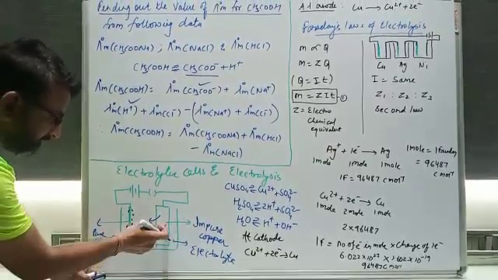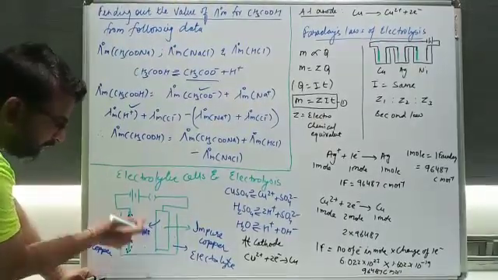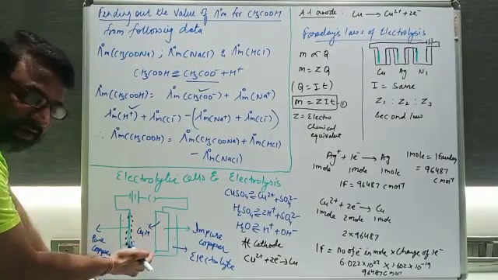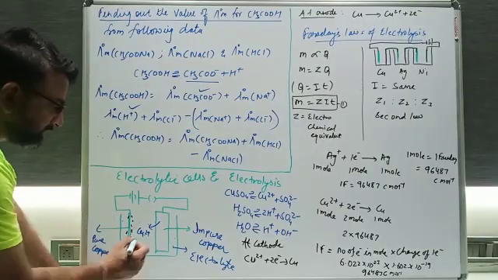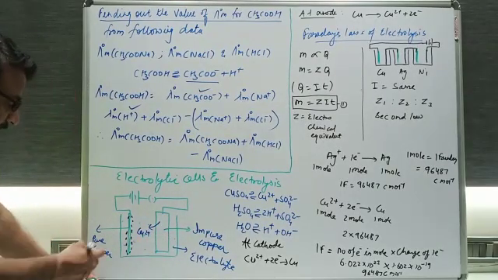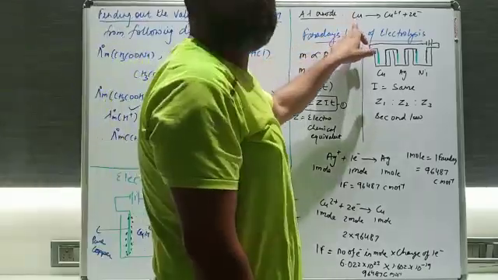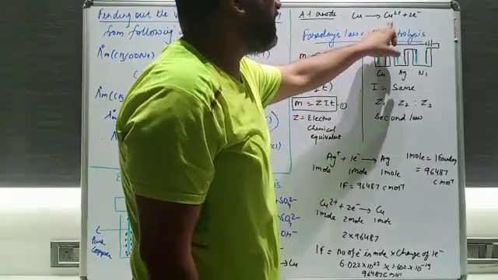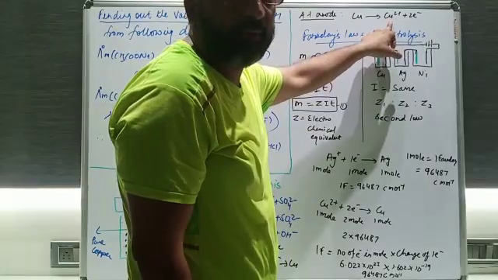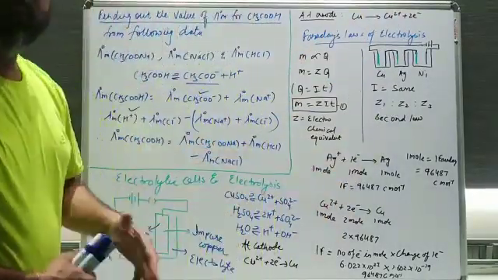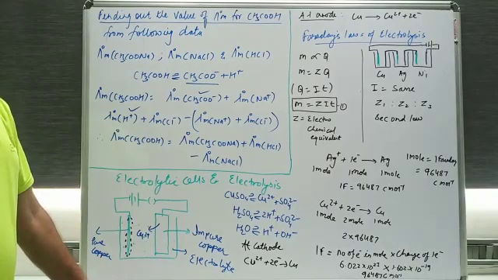So the same thing, once the copper ion comes into the solution, an equivalent amount of copper will be deposited. Slowly and slowly this will become thinner and this will become thicker. Is it fine? So what will be the reaction at the anode? You will see that the impure copper has donated the electron, converted into copper ion, and these copper ions will come into the solution and an equivalent amount of copper will be deposited on the cathode. Fine, students.